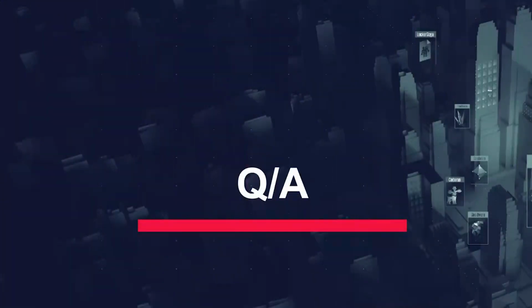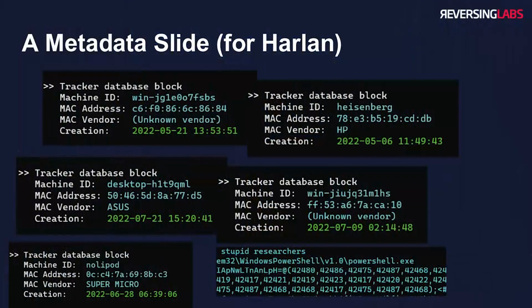We've kind of gotten to the end of the formal, like, technical part of it, but love to answer questions. This is a metadata slide for Harlan because he's always on LinkedIn asking whether anybody's tracking shortcut file metadata. And so I basically went through every file I had, around 200, and I just ran LECmd on all of them. I was trying to look for trends in machine ID or MAC address or any of the artifacts, and it definitely kind of did help